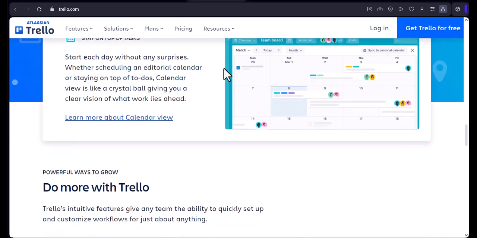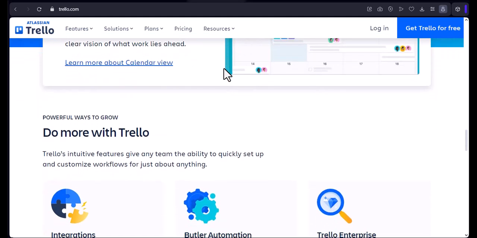To Do is great for personal task management and can be used in conjunction with Planner or